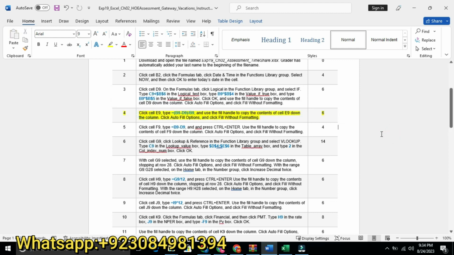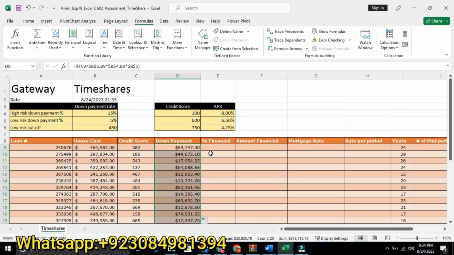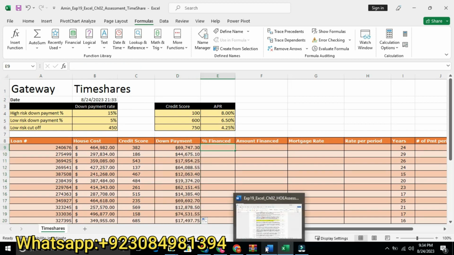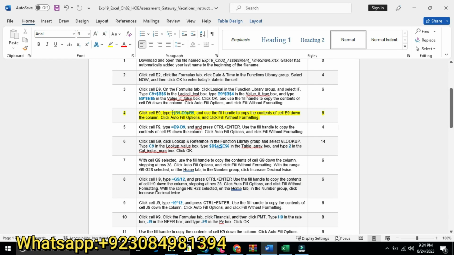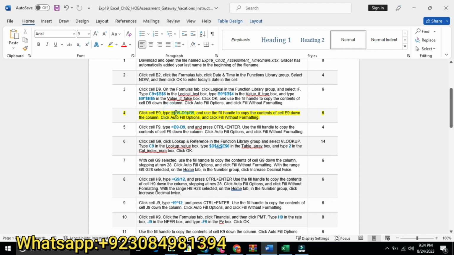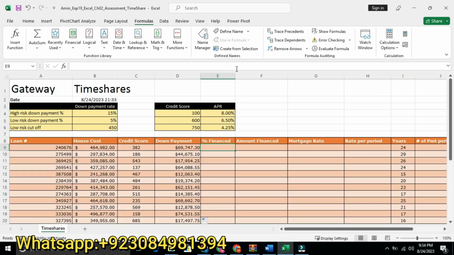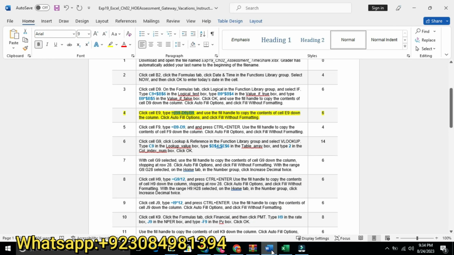Our fourth step is click cell E9. So we will go to cell E9. Here is cell E9. What we need to do is type this one. So we will copy this one and paste it into cell E9. Paste. And use the fill handle to copy the content of E9 down the column.